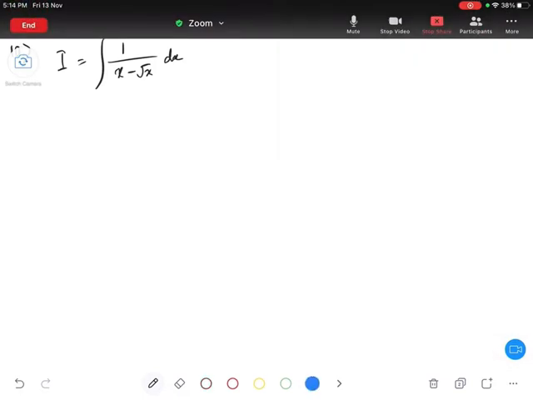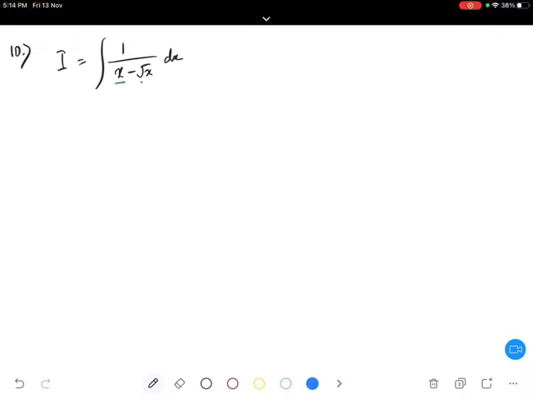Now look here. We have x and here we have root x, right? So there is something common between x and root x. That is root x is common. So what I will do is I will take root x common out. So I get root x into root x minus 1 dx. When I cannot see any way to go, I will just do simple algebraic operations. And once we do some simple algebraic operations, then we can easily see what substitutions are to be made.